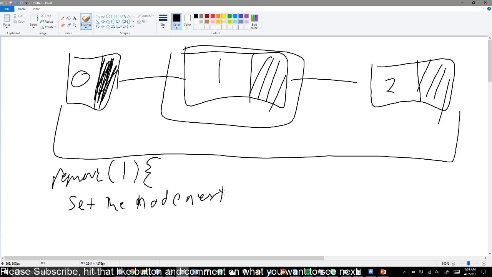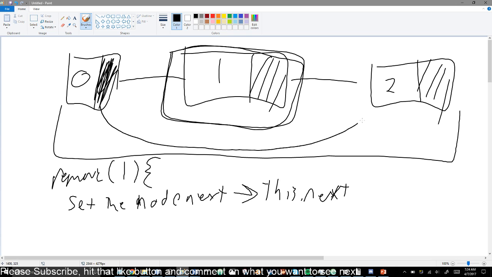next to this dot next, and essentially now we're cutting this out. We didn't even have to remove it, we're just cutting out the middleman. Essentially this is a cool way, that's why linked lists are awesome, because you don't have to iterate through a whole list. You could just get the one you want, remove it, and set the one before it equal to that one, and now 0 goes to 2 when we do this dot next. Okay,